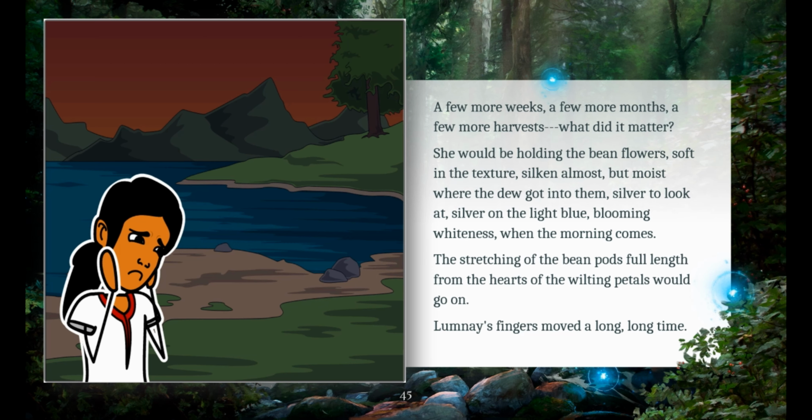She would be holding the bean flowers, soft in the texture, silken almost, but moist where the dew got into them. Silver to look at, silver on the light blue, blooming whiteness when the morning comes. Stretching of the bean pods full length from the hearts of the wilting petals would go on. Lumnai's fingers moved a long, long time.